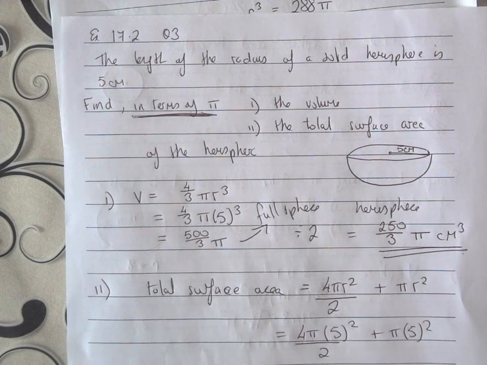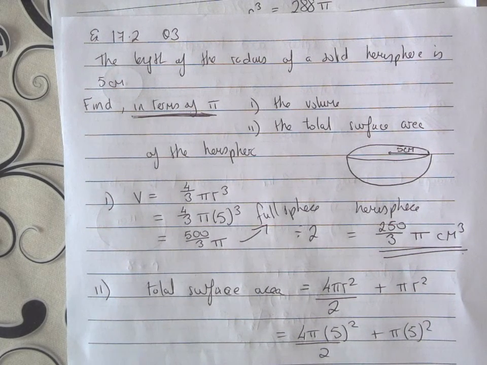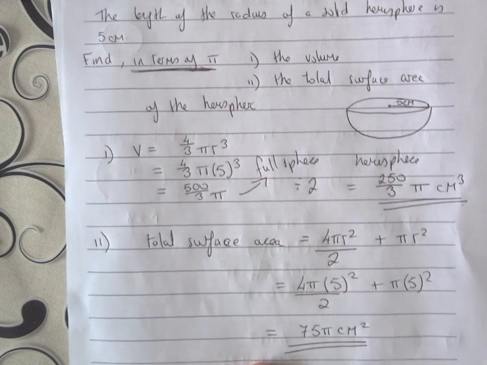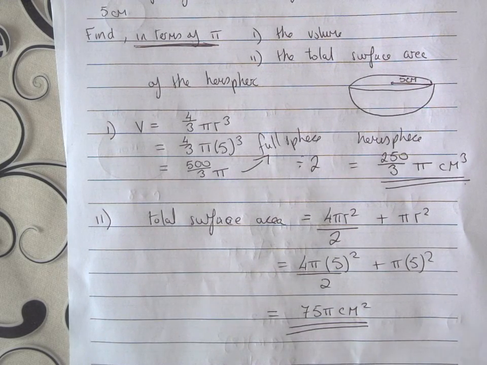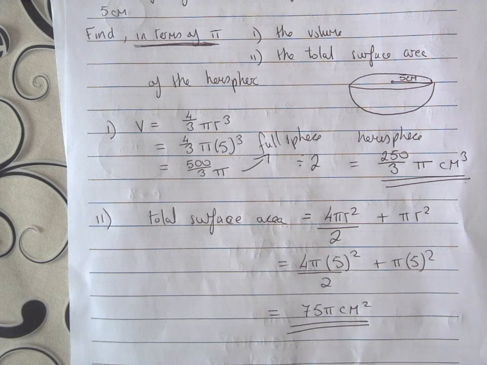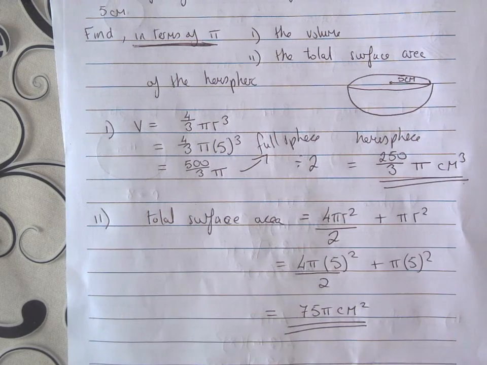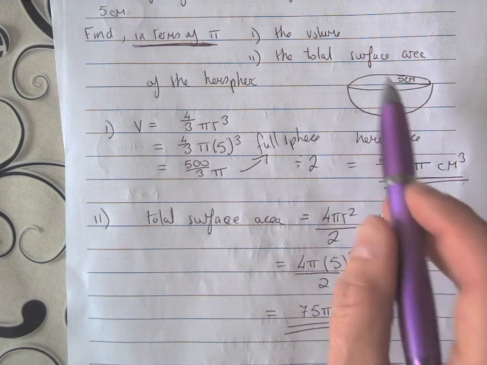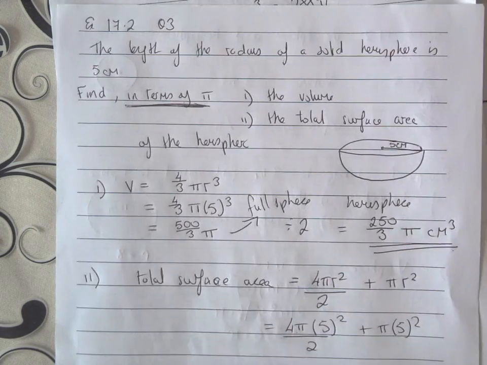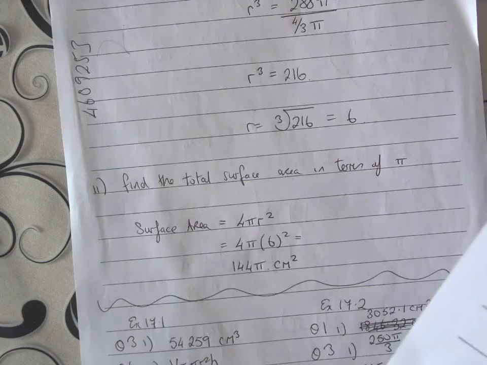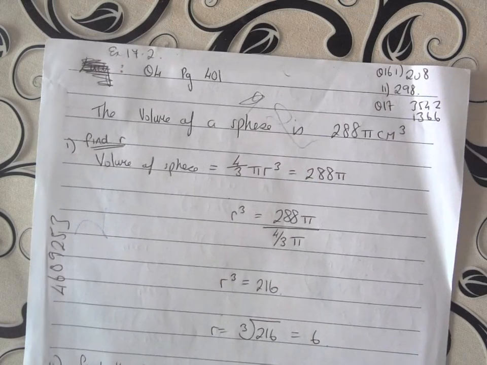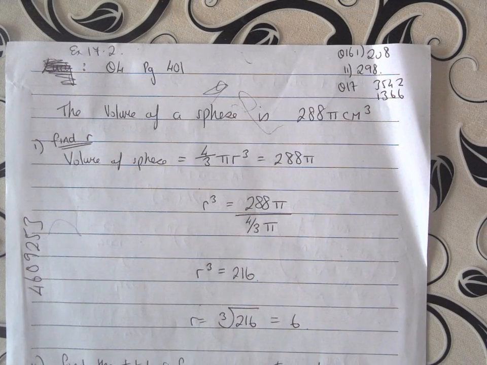So when it says in terms of pi, you actually have less work to do. You're just leaving it in terms of pi. So you just fill all this into your calculator and you'll get 75 pi. So just make sure you're reading what the question's asking you to do. Okay, and remember, if it's a hemisphere, you have that circle on top to add on. Okay, another question that I did out